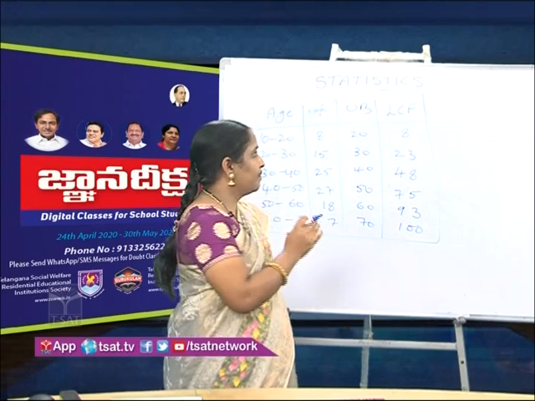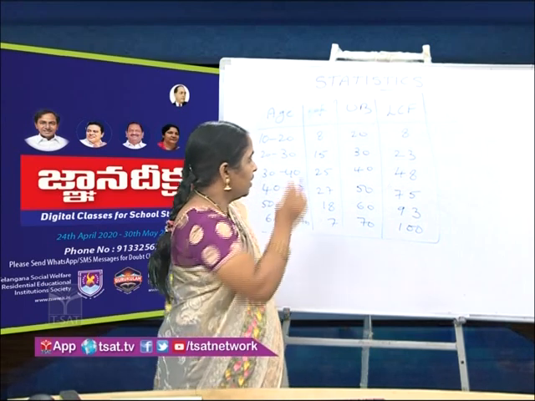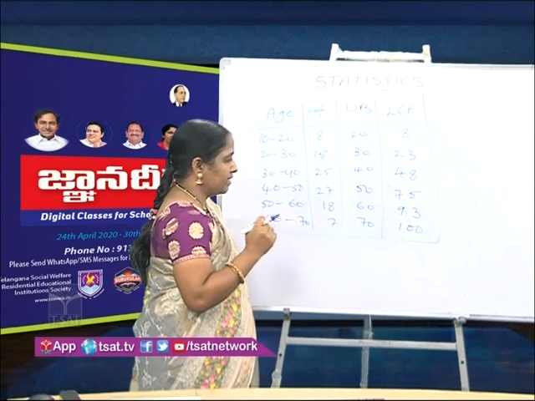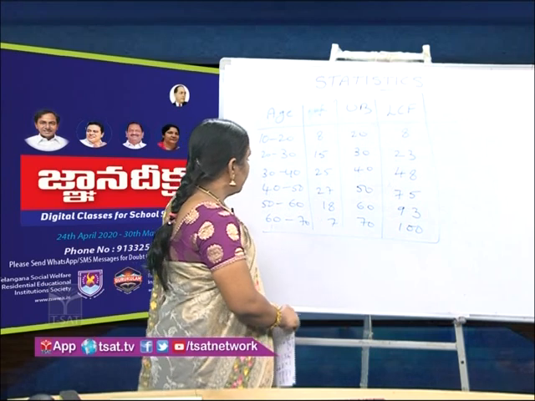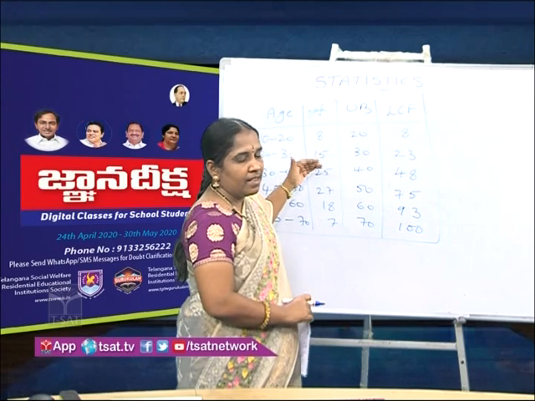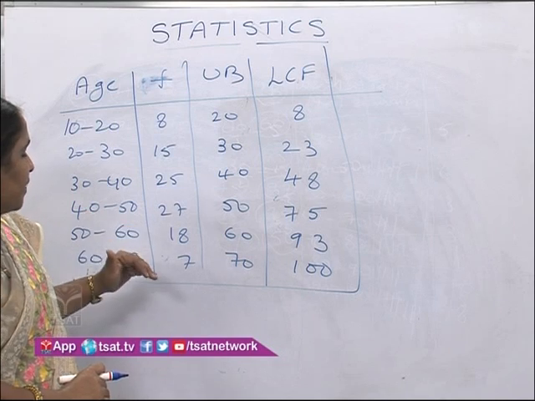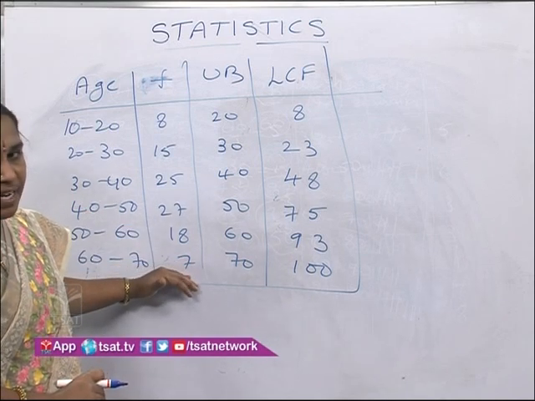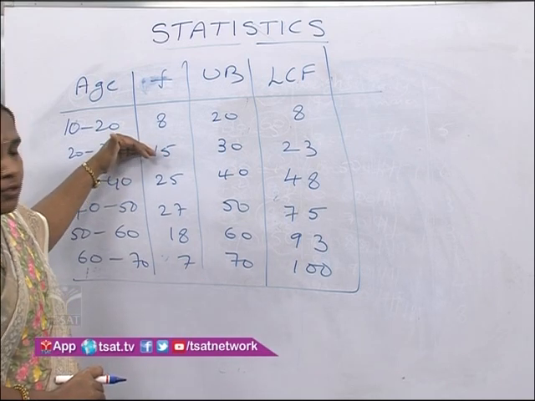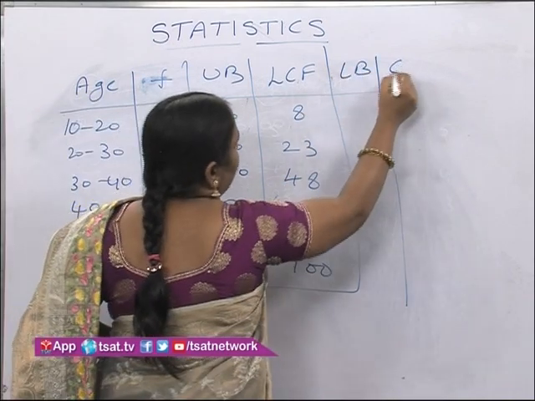But before that, we will see greater than cumulative frequency also, and then we see the graphs of it. So here, greater than cumulative frequency is, we get that cumulative frequency by adding frequencies from the last to the certain lower boundary of the certain class. Okay, cumulative frequency, progressive total or progressive sum of the frequencies, from the last class to a certain class and up to its lower boundary. So here we need to consider lower boundary and GCF.